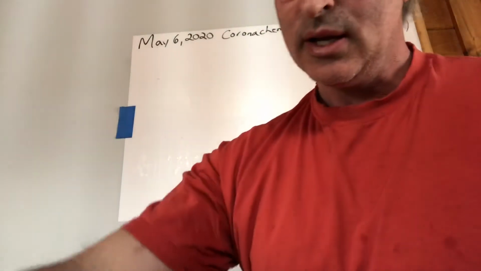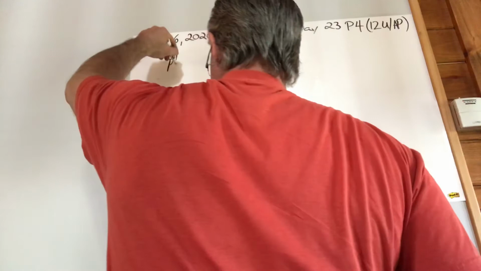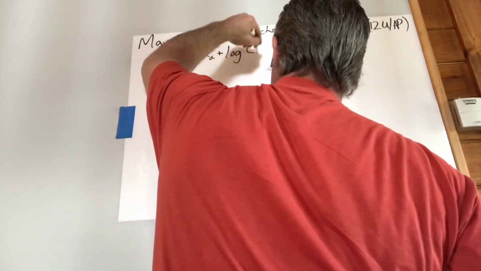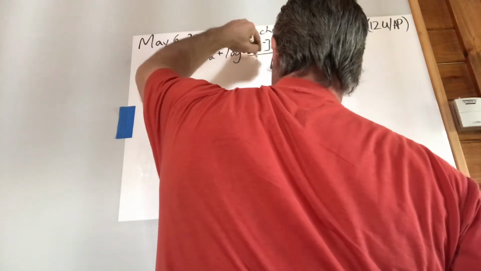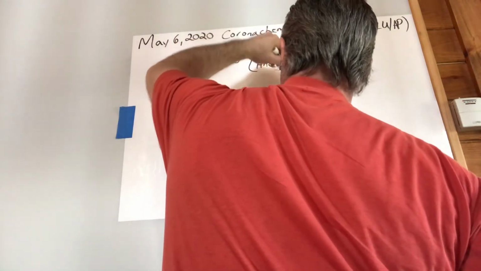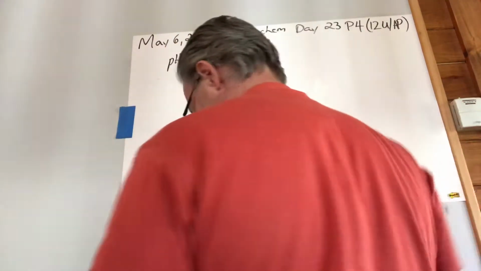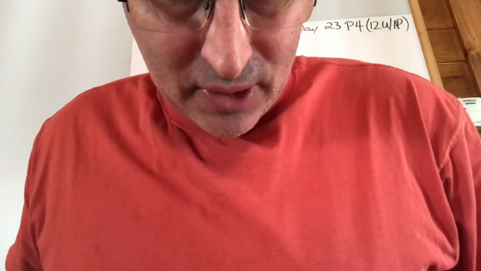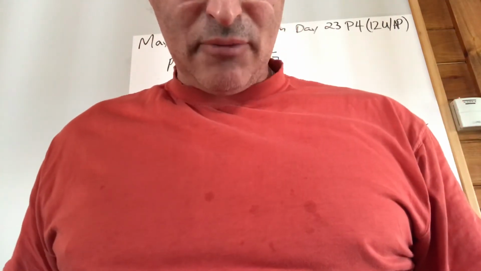The Henderson-Hasselbalch equation is as such: pH is equal to the pKa plus log of the conjugate base concentration over the acid concentration. In this case, after the addition of 17.5 milliliters,